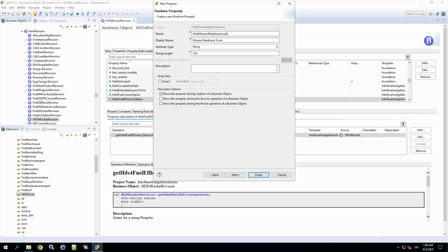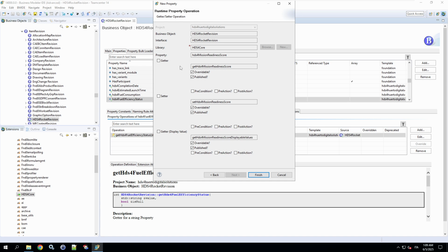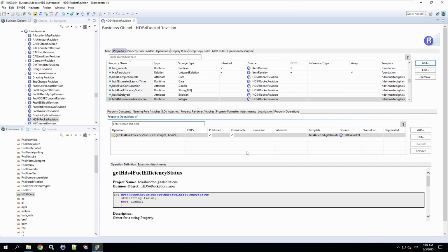This gives 60% weight to tests and 40% to checks, creating a balanced score. In BMIDE, click Add Runtime Property, name it HDS4 Mission Readiness Score, set type to integer, select Generate Getter, and hit Finish. Done! Next, we'll code it.